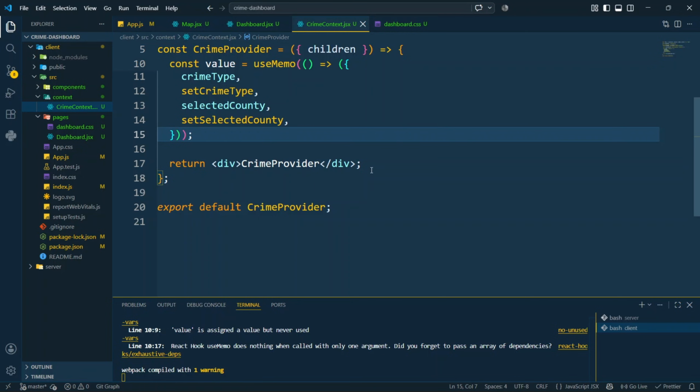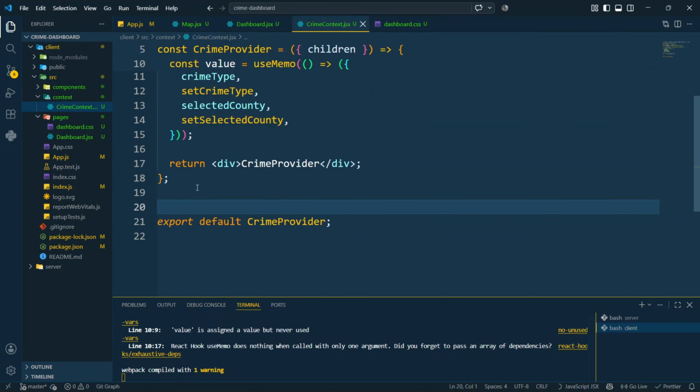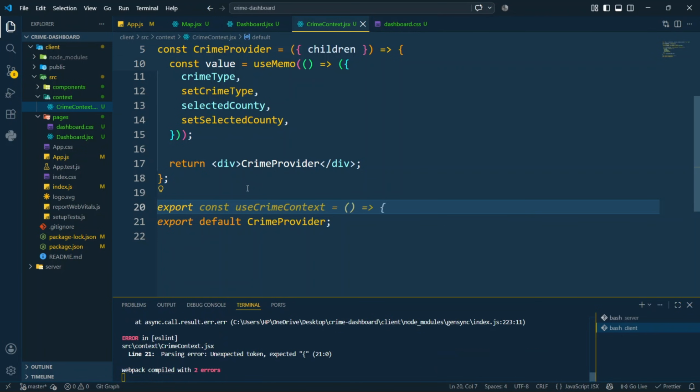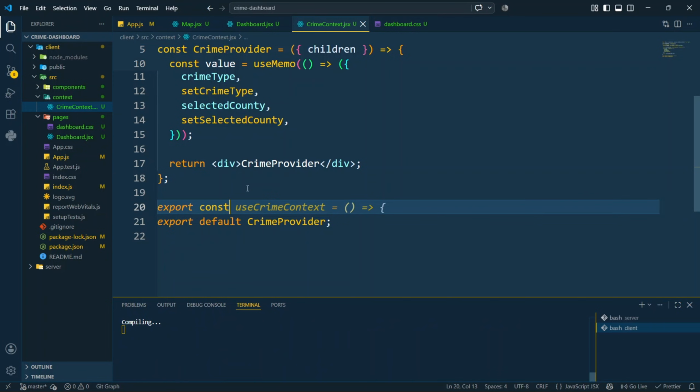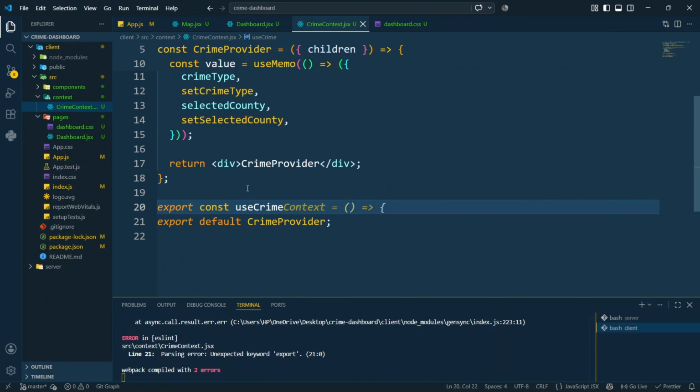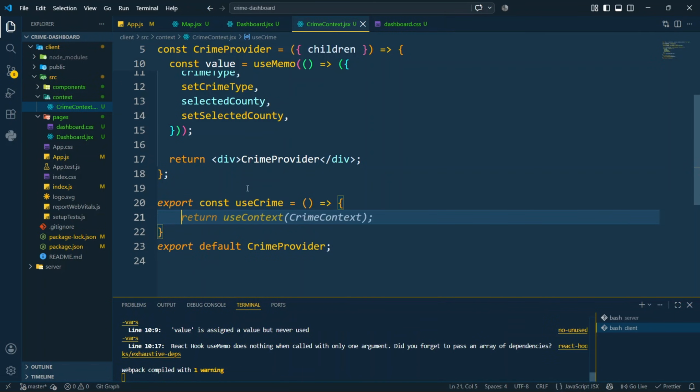Okay, so after that we just need to go down here after the return function. Outside this, we now need to get the crime. We now need to use the context. So I'm just going to remove this export. I think it's supposed to be there for now. We need to say export. So we need to create another function here, say const useCrime, and this function is going to be an arrow function like this. And then inside here we need to define the context. So we say useContext,